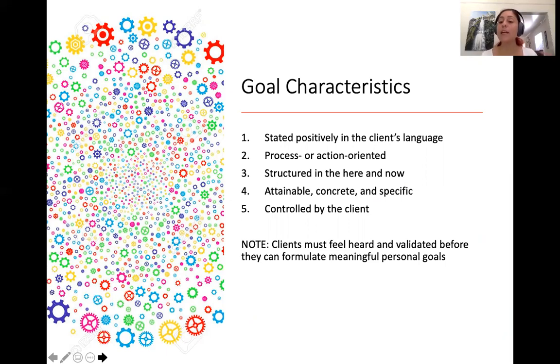Okay? And do remember, you've got to make sure the client feels heard and validated before you move to solutions. And that's true of regular conversations too. Don't start offering solutions to fix the problem before you really understand what's going on and before you show the person that you really care about what's going on. If you jump too quick to the solution, chances are you're going to miss something important and your solution's going to fail, or you're going to make your client feel like you don't care and they're not going to be invested in the process.